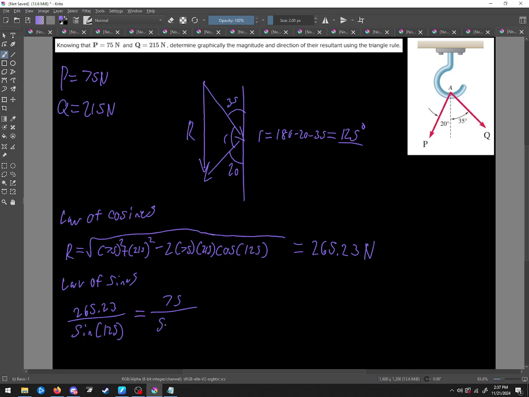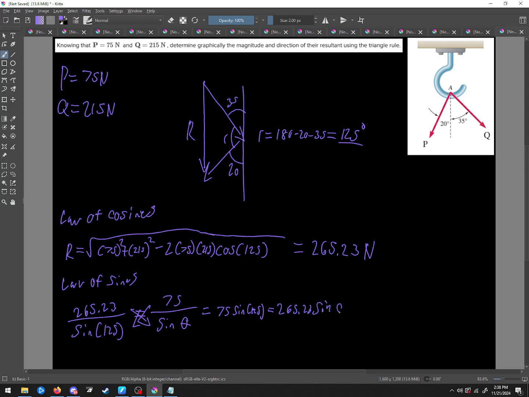And that's going to be sine of, we can call this theta. Okay? So when you cross multiply this, we get that 75 sine of 125